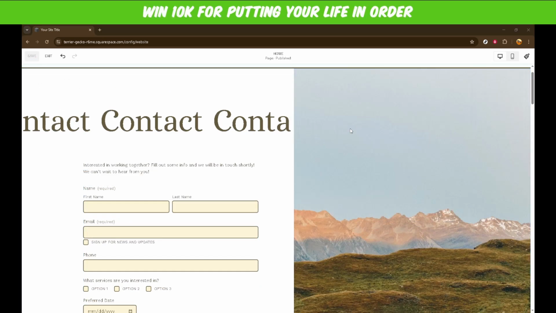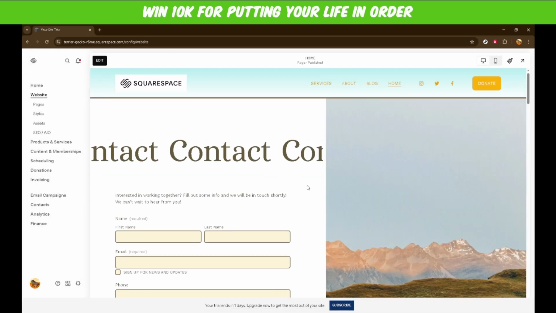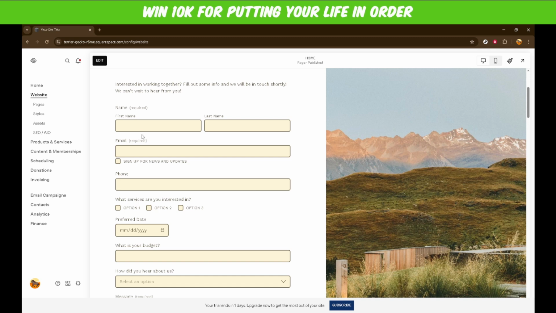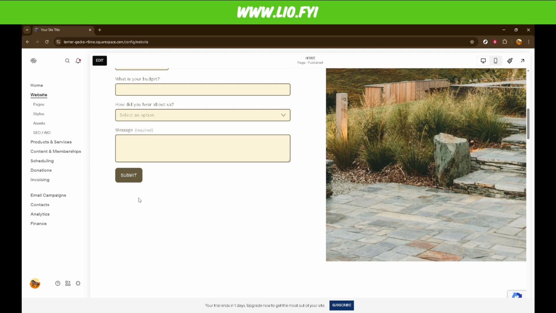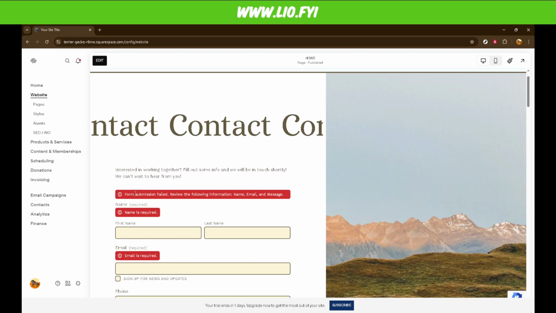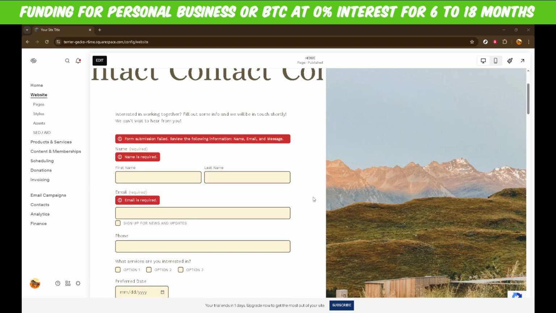And there you have it, folks. You've successfully added a contact form to your Squarespace website. If you wish, you can further personalize your form, add or remove fields, and tweak settings like email notifications or data storage options, depending on your specific needs. A well-designed contact form can significantly enhance user interaction on your site, making it easier for visitors to reach out